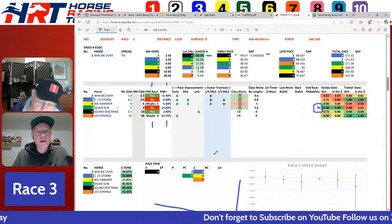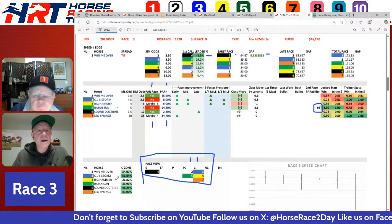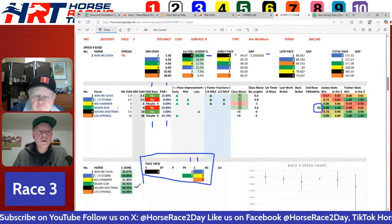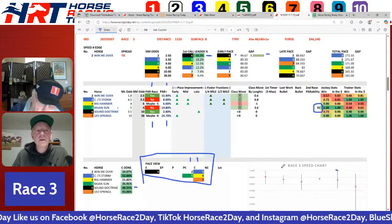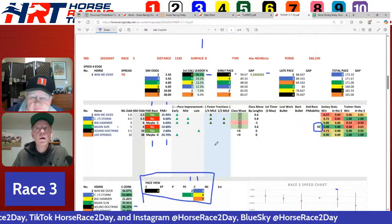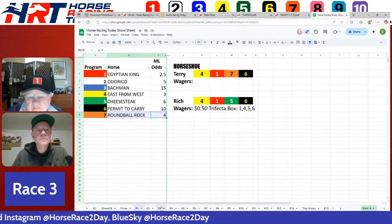If we take a look at our race shape here, Terry, we see another one where most of the horses want to be middle back. That means speed should have the edge. 6 horse sitting right there, 2nd best comfort zone. Lone speed, Terry. The 6 might have the most upside in the race as well. Who do you think wins race number 3? I like the 5